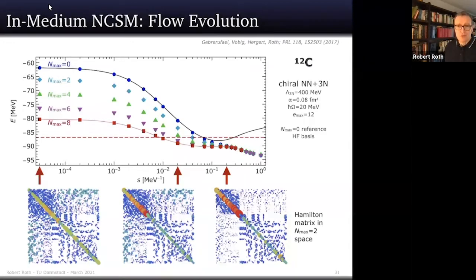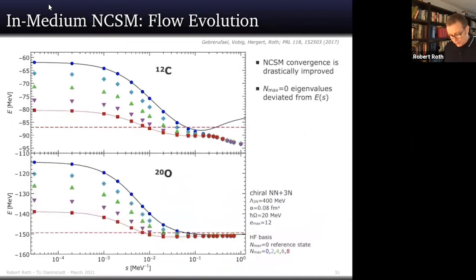So you have an extra source of uncertainty, and you see this extra uncertainty already here. I compare now my converged in-medium NCSM result, which are these points, with a dashed line, which is from a standard NCSM calculation without in-medium SRG, without this normal ordering, two-body approximation. And you see that there is some difference in the predicted ground state energy, which is due to this normal order two-body approximation of the initial Hamiltonian and this truncation of the flow equation. So you kind of get additional uncertainties through these extra truncations, which is to be expected, really.